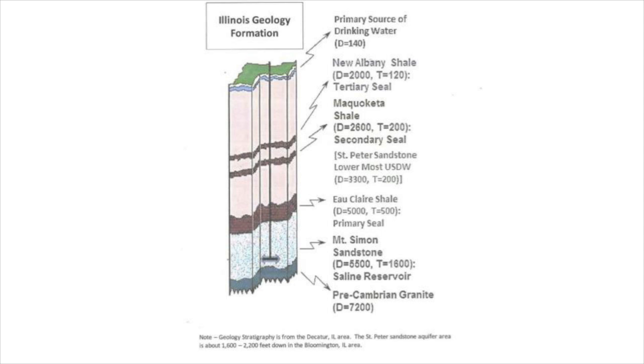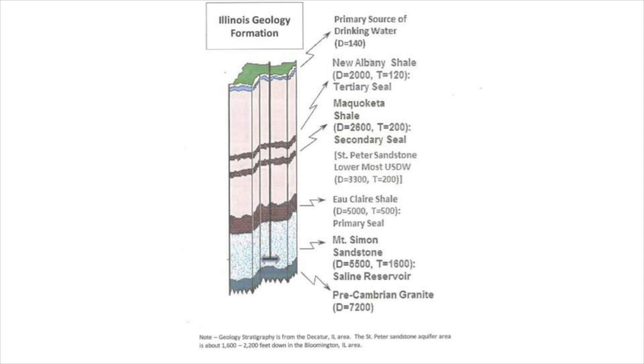Above that is the St. Peter sandstone, which is another layer of sandstone, but this is actually considered a drinking water source. So we really don't want anything to move from that lower level up to this level. Above that are two more layers of shales, some other sandstone things. Very close to the top, you see that blue line, and that would be like the Mahomet Aquifer. That's where our shallow aquifers are, that most people use for their sources of water.